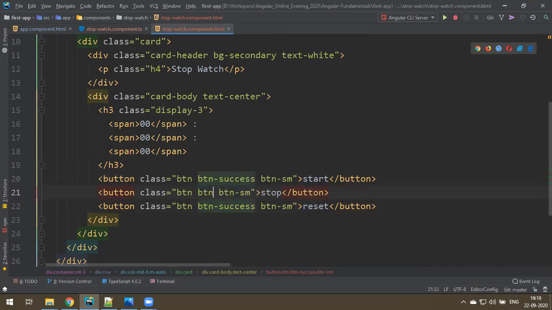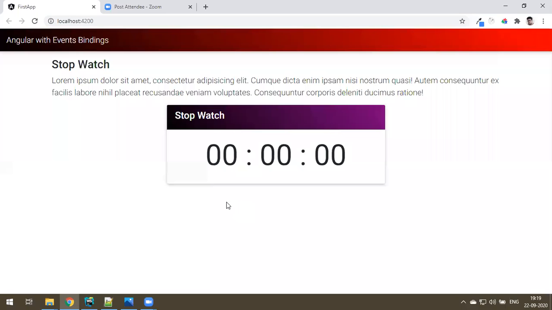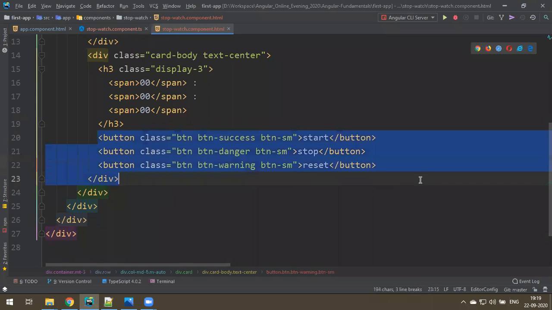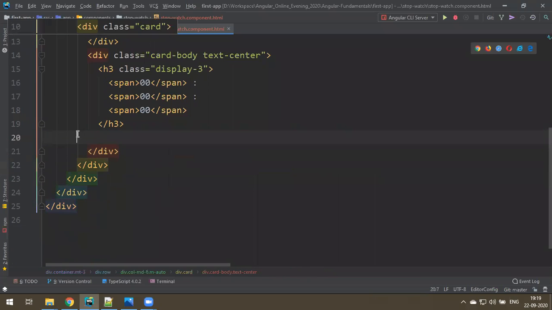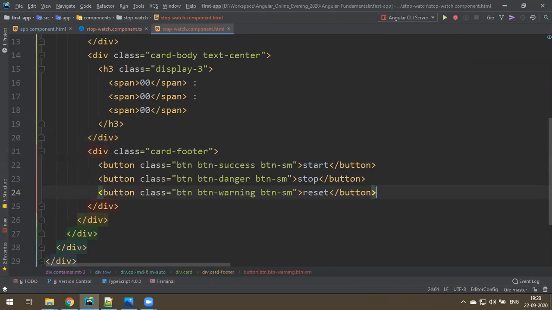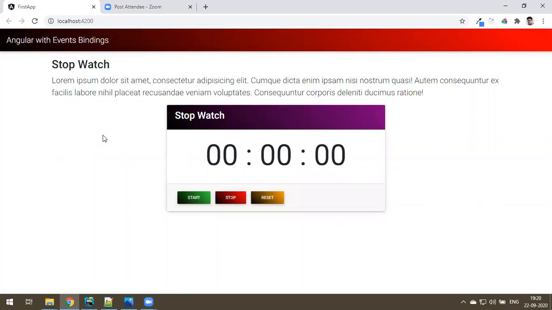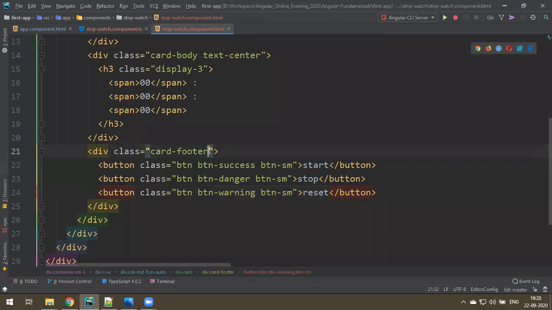Stop, nice color, red color, and reset some warning color. Okay, fine. Actually, you're supposed to keep them in card footer. Looks good, no? Okay, small change. Okay, yeah. Keep it center, dude.